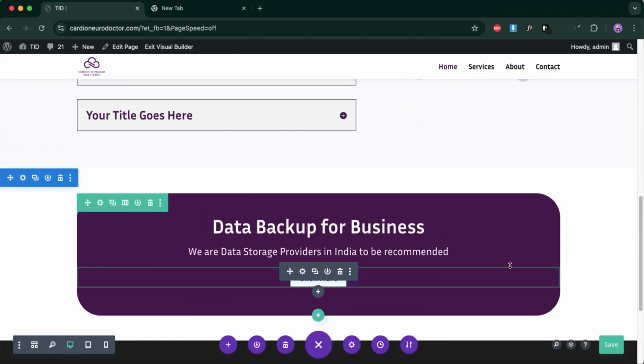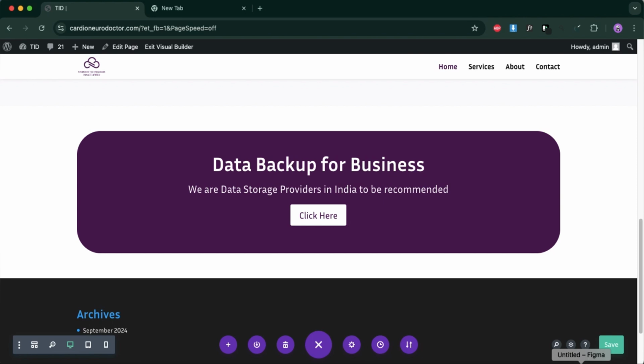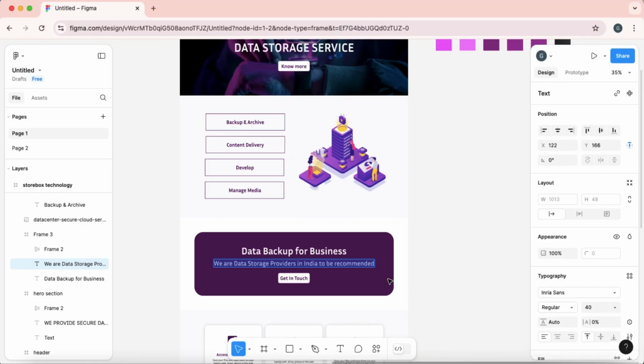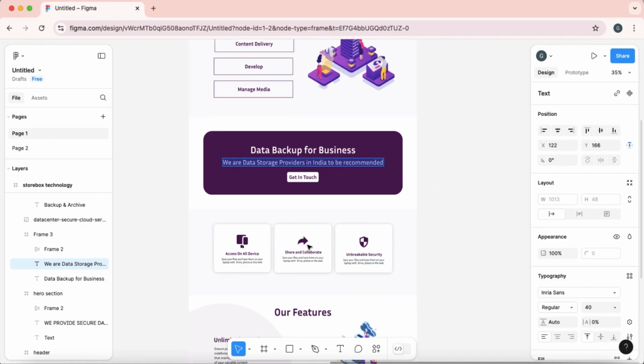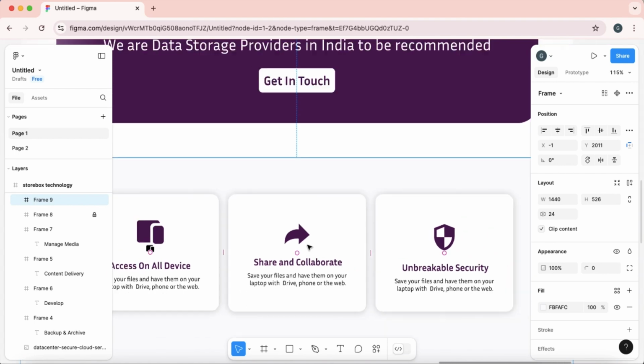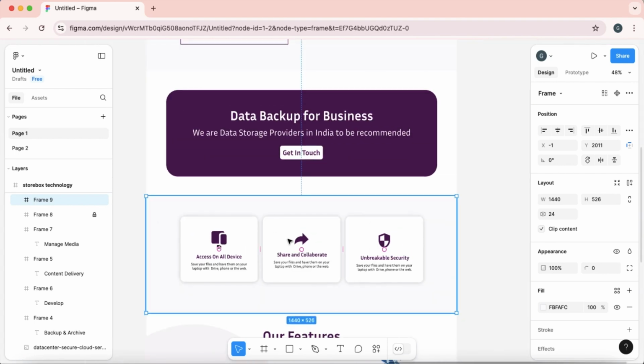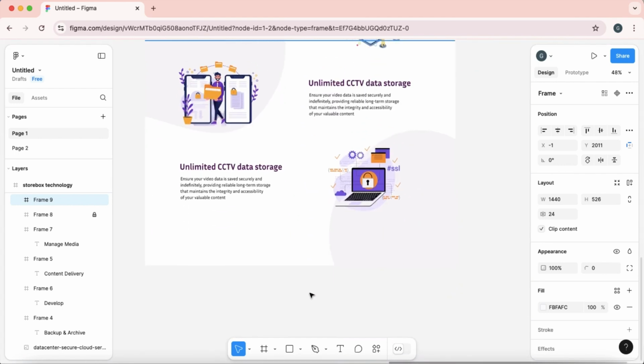Now it's equal. Now this section is also done. Now we'll go to Figma and check the next section, which is this one. We'll copy the background color,